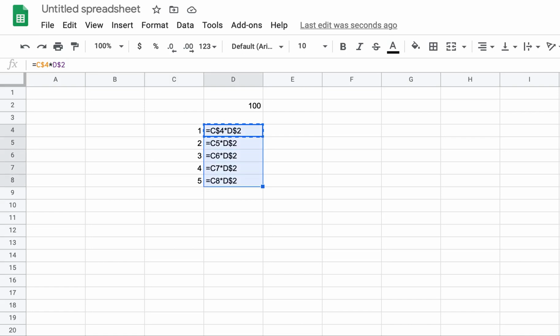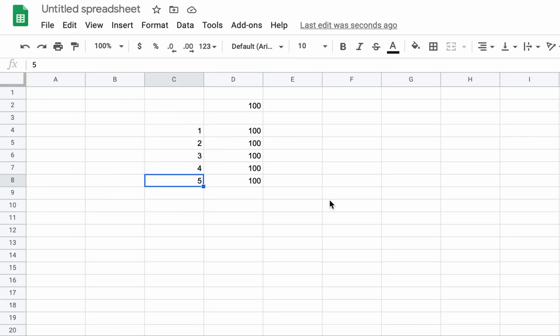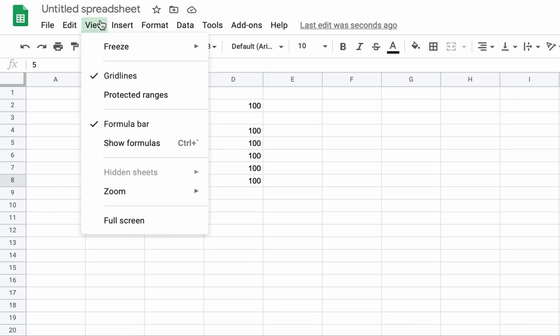So if I copy this and paste this, nothing is changing. C and D are not changing because that is Excel's default behavior. When you go down the column, the column reference does not change. The 4 and 2 would have changed, but I have locked them by putting dollar. Now what will the values be? You guessed it correct. All the values will simply be 100, because everywhere it will just multiply 1 by 100, 1 by 100, 1 by 100. It will not go down and change this to 2, 3, 4, 5. You can see the result in the output value, right?